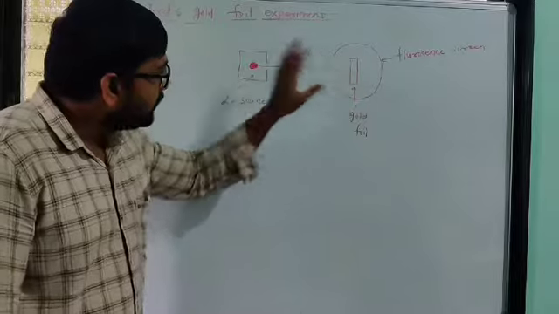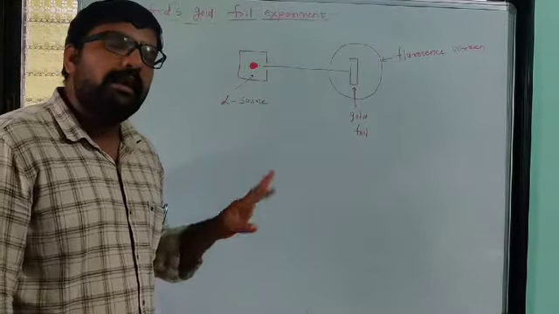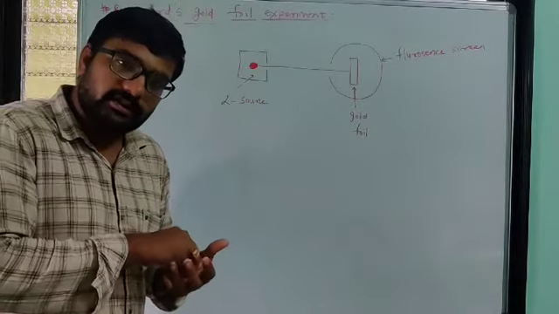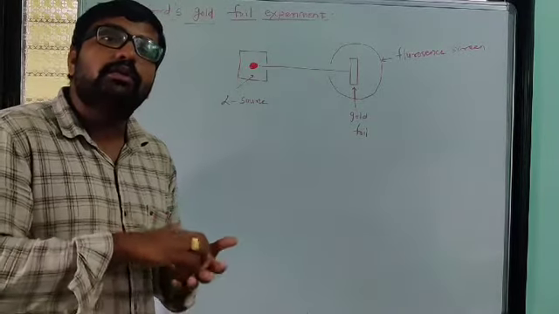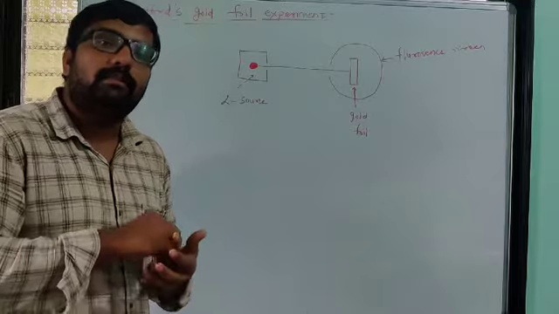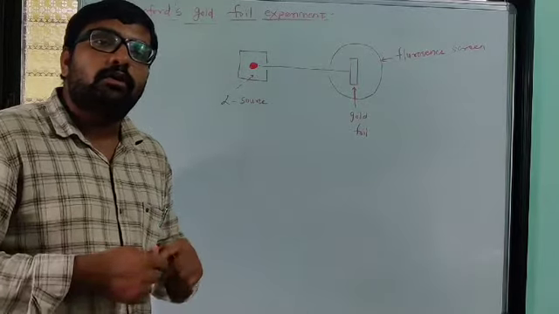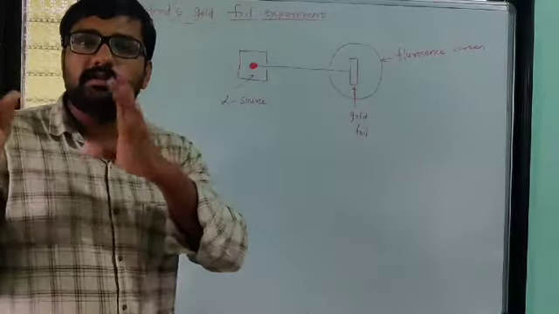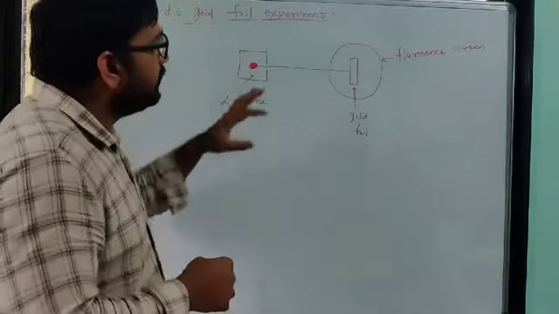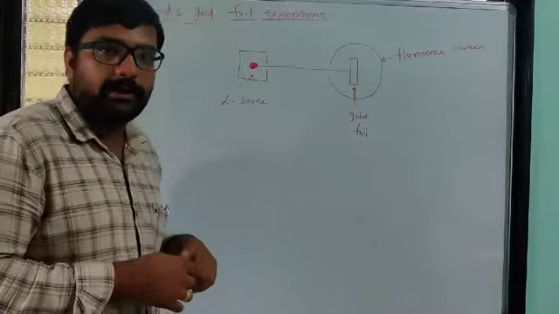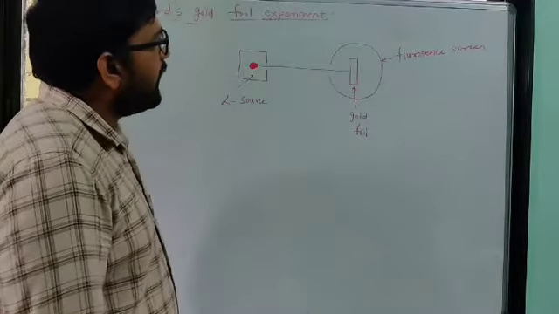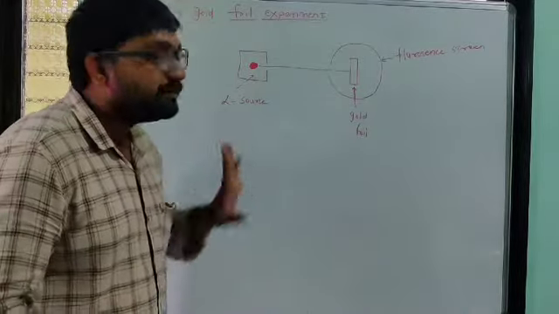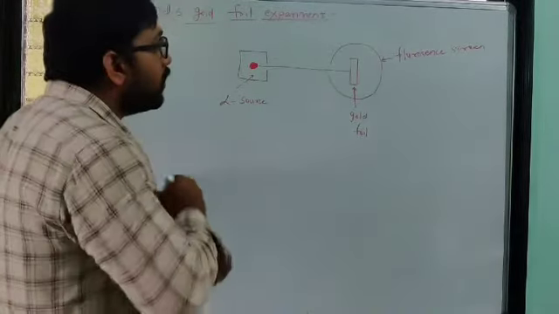He bombarded actually many particles, but for making his predictions he used only 20,000 alpha particles. So he observed that as he bombarded the alpha particles on the gold foil,